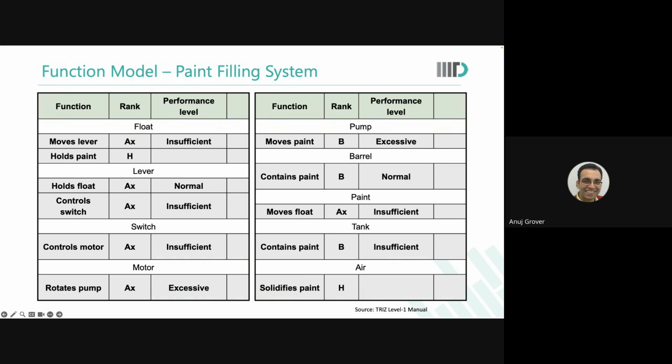What has happened? The paint has been moved excessively. Why? Because the motor rotated the pump excessively. Why? Because the switch controlled the motor insufficiently. Why? The symptom was there, and going backward from it you will see this is the foundation. Are you going to see this? That's why cause effect analysis is done before we do the function model. Functions of the float are dependent on